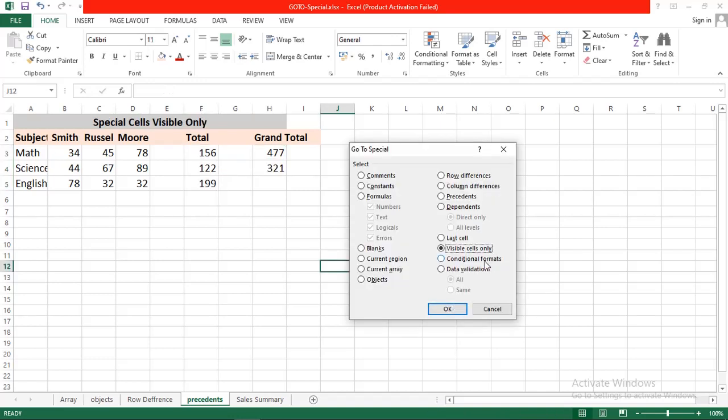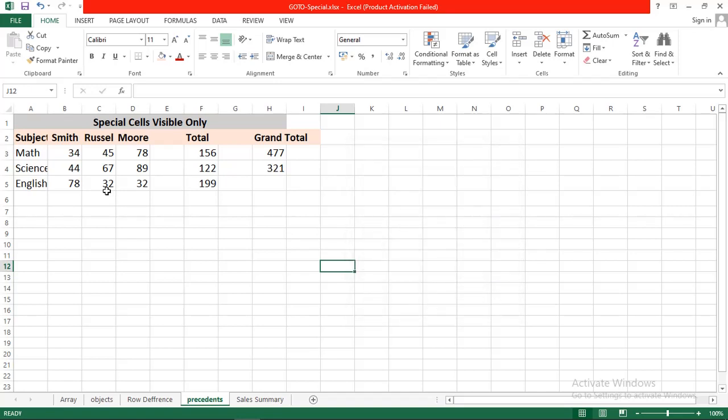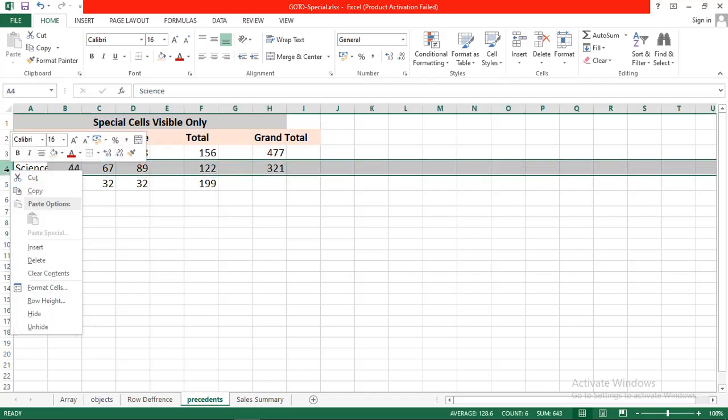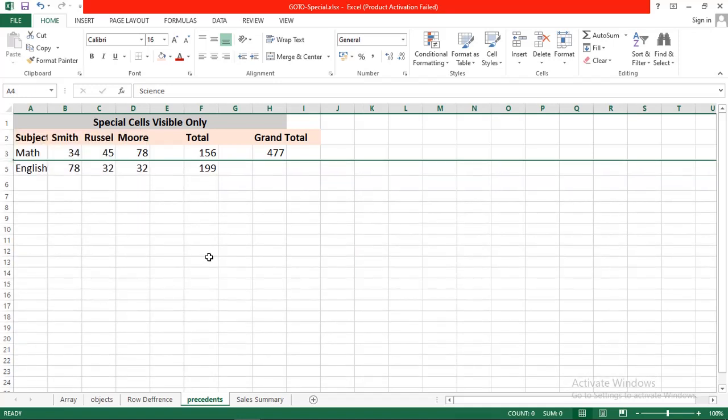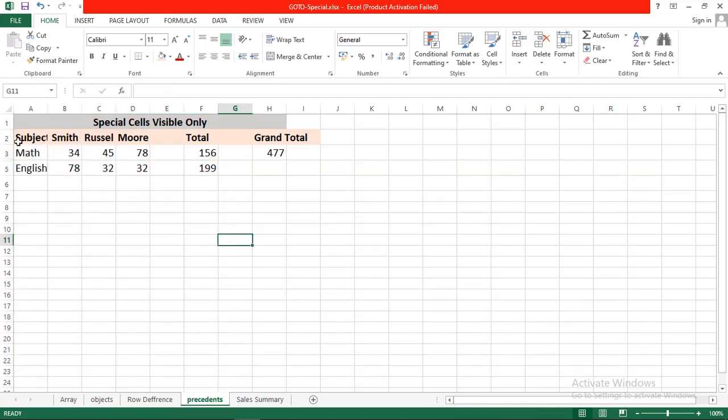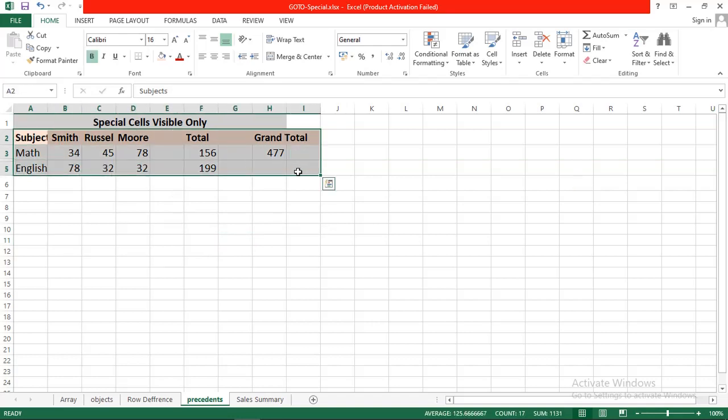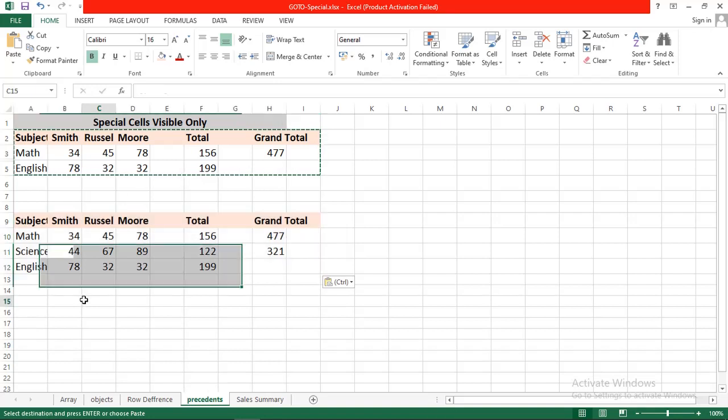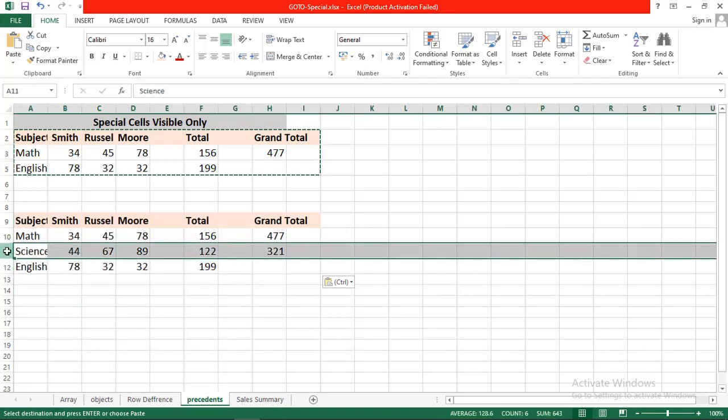Next we check visible cells only. Suppose we have this data, we have 3 rows, and I hide one row, that is science. Right click and hide this one. So we have only 2 rows. Now if I copy this whole data and paste here, you can see the hidden row is also there.